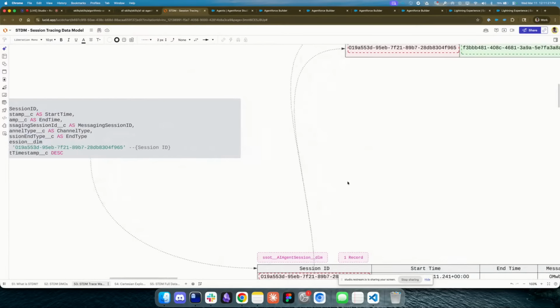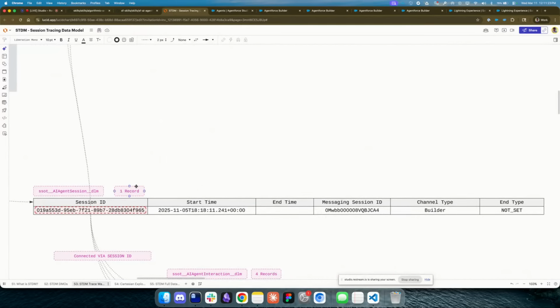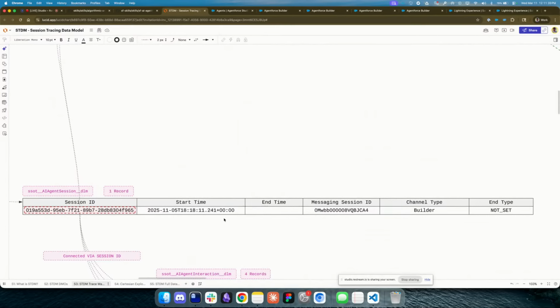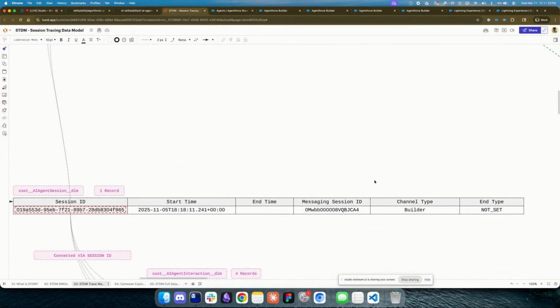If I query this, you get something like this: a session ID, because it's always going to be one record for a particular session, the start time, the end time, the corresponding messaging session associated with this session, the channel type, and so forth. And from the session, if you double click,